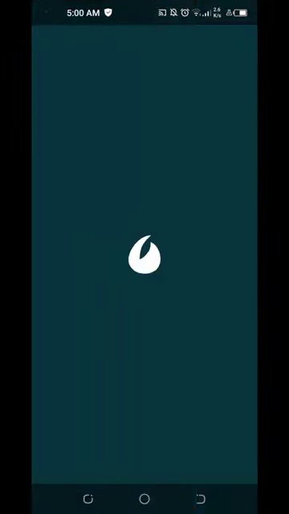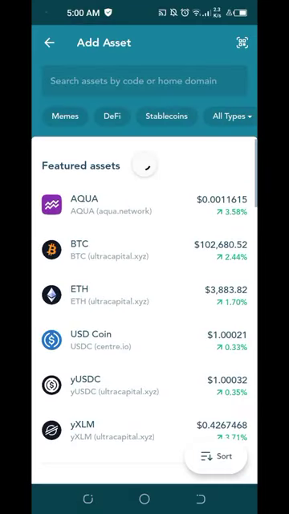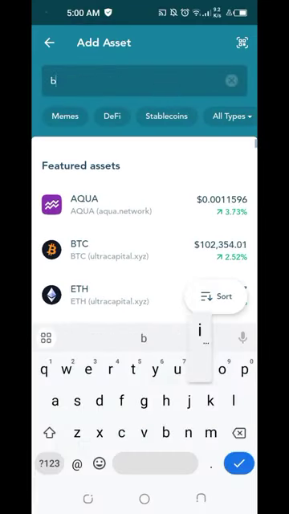Okay, so we're now logged in to our Lobster wallet by Stellar Lumens XLM. Now, our point of discussion for today is to answer the question, what if I'm wanting to store Bitcoin or BTC using the Lobster wallet by Stellar Lumens XLM? Would that be possible? On the lower part of our Lobster wallet, we have an option here to click on Add Asset. So, for example, we're going to search for Bitcoin.